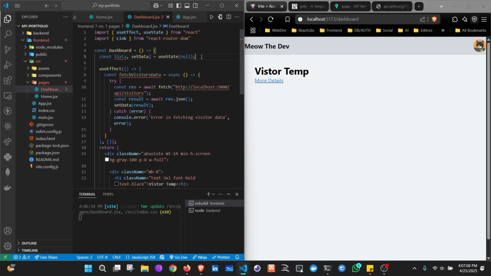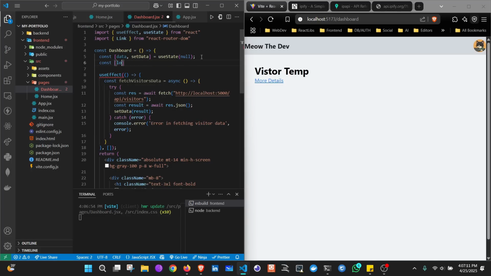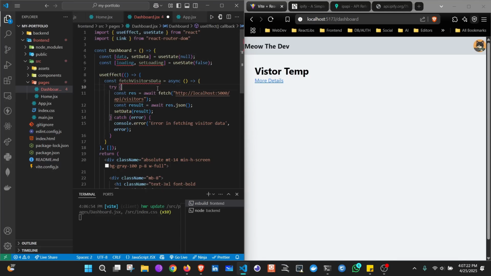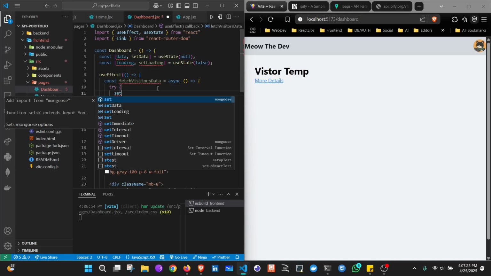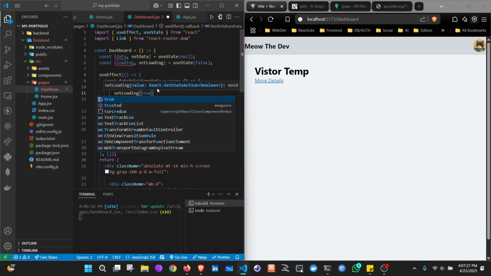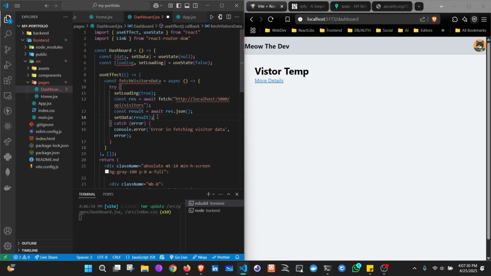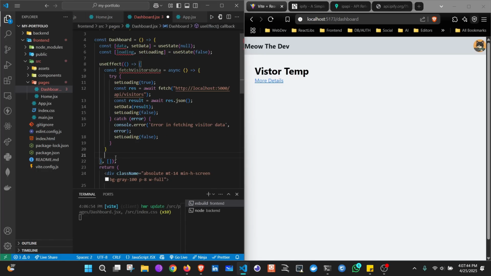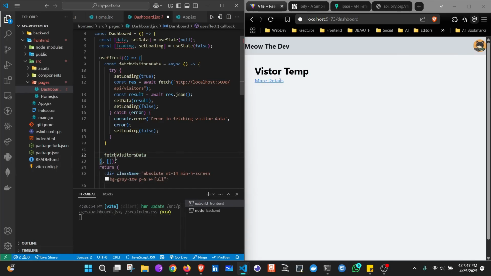Also create a state for loading, so const loading, set loading is equal to use state, so firstly it will be false, then before starting fetching the data set loading will be true, and after we have done setting the data, then set loading again false, and if also we get any error, then also set loading will be false. And then after that we have to simply call the function, so fetch visitors data,